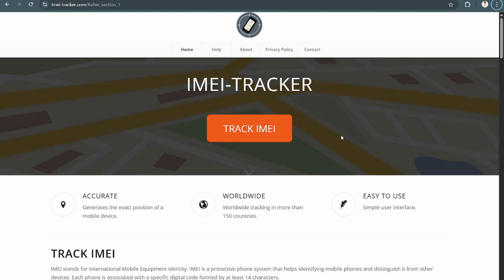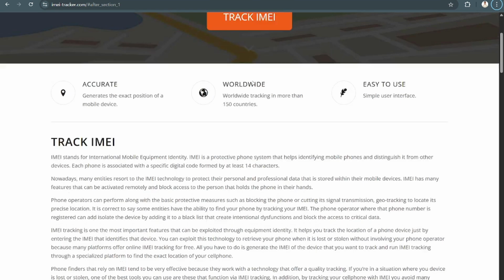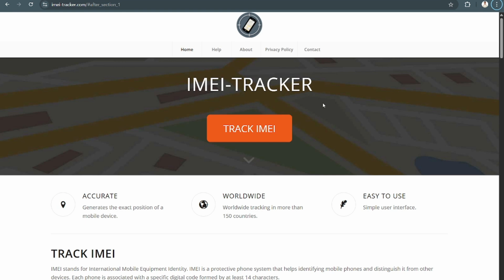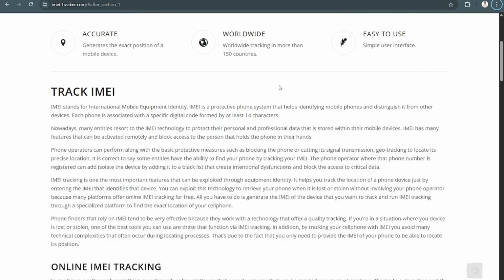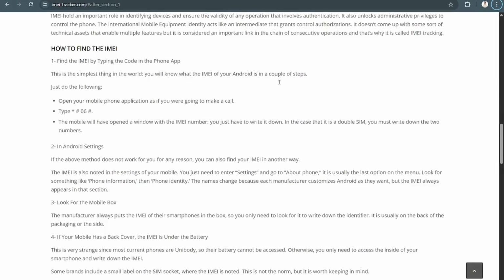So for today's channel, we're going to talk about the IMEI tracker right here. For this one, the first thing you want to do is download both the iOS and you want to use your computer as well if you want to track your phone. For your phone, you can find instructions online, but what you want to